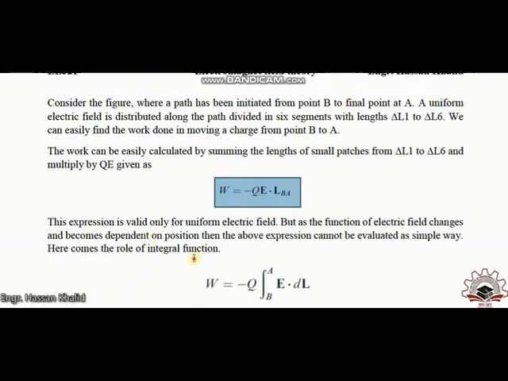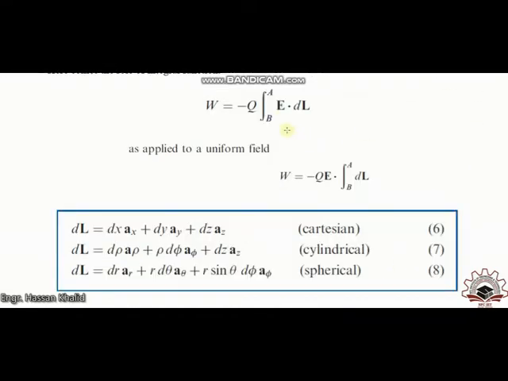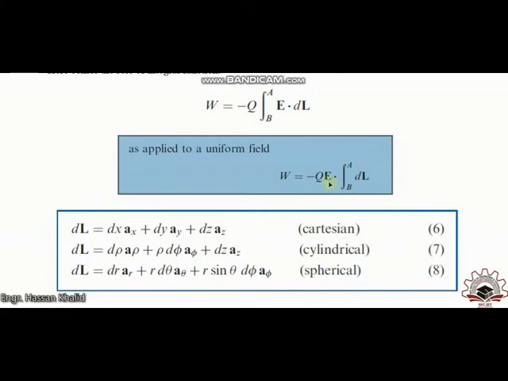So here we will use the integral expression, where we will integrate the electric field intensity over the entire region, and we will be able to find the total work done in moving the charge from the initial position, which is B, to the final, which is A. We can also use the integral equation for a uniform distribution of the electric field intensity. If it is uniform, we will just take it as a common factor outside the integral, and we will integrate over the entire region for the displacement of all these patches from B to A.